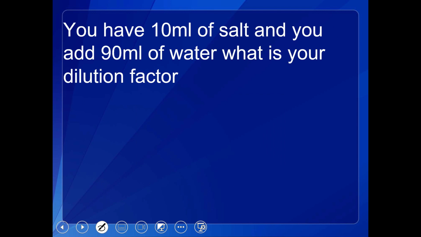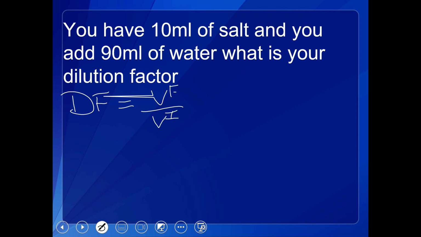So let's work this one out together. If you have 10 milliliters of salt and you add 90 milliliters of water, what is your dilution factor? So we all know the equation, right? Dilution factor